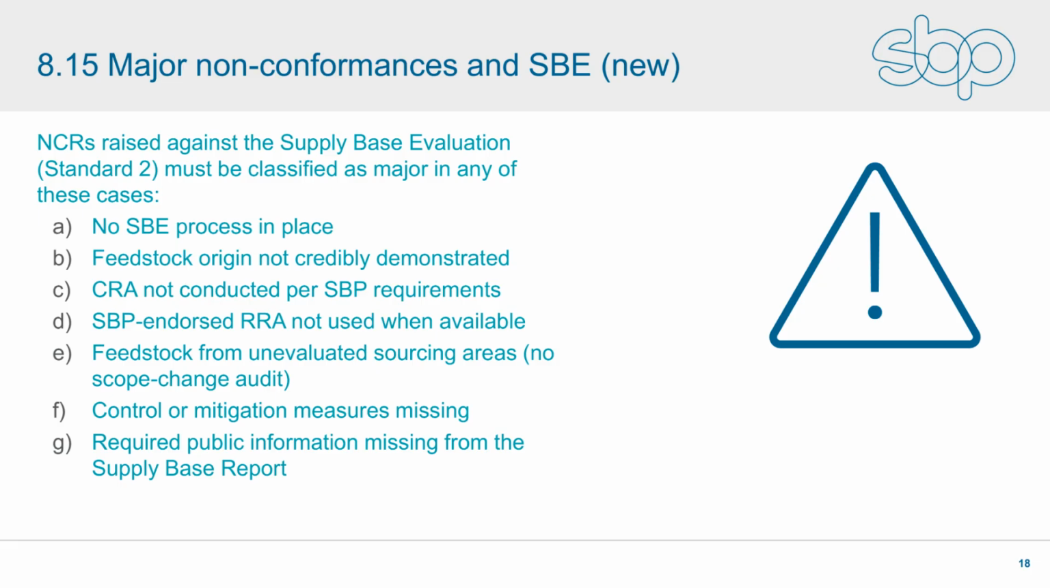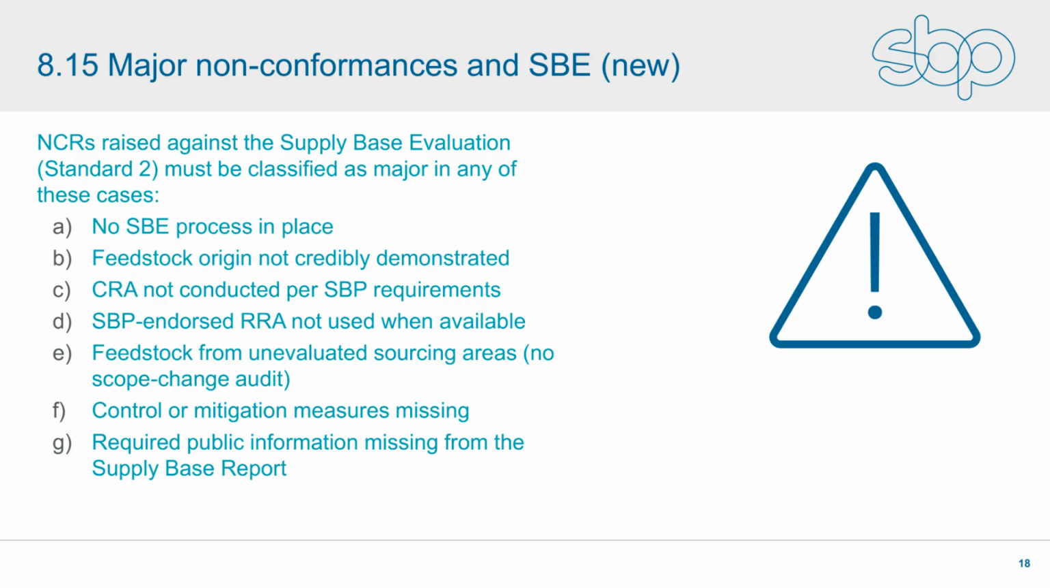Indicator 8.15 sets out for the first time an explicit list of circumstances in which a non-conformance raised against a biomass producer's supply-based evaluation, that is, against Standard 2, must be classified as a major NCR. Until now, the major versus minor distinction was left largely to auditor judgment. Version 2.1 removes that ambiguity for SBE findings by defining 7 specific triggers. Let's walk through them. First, if the biomass producer has no supply-based evaluation process in place at all, that's a